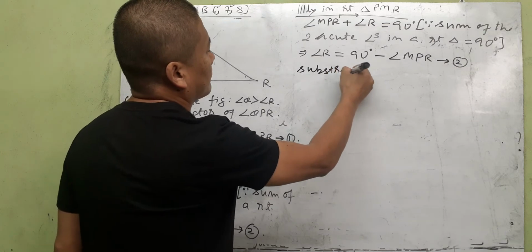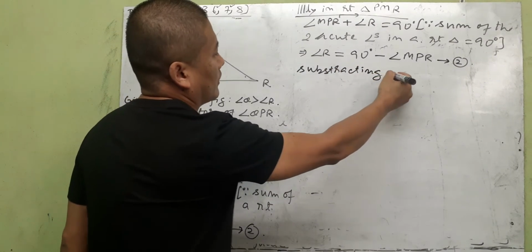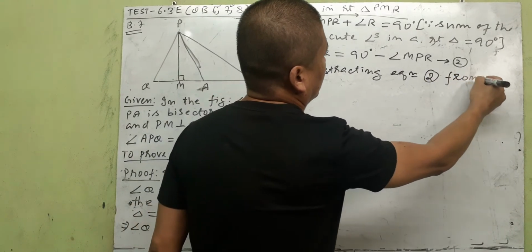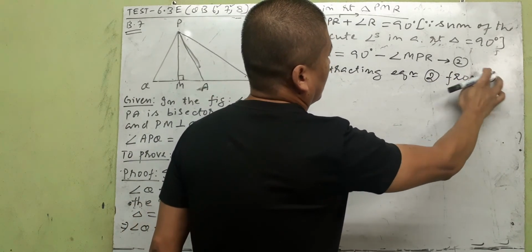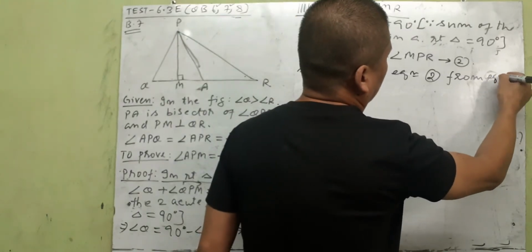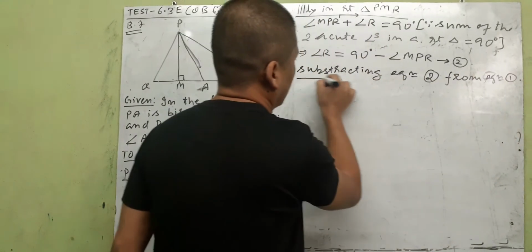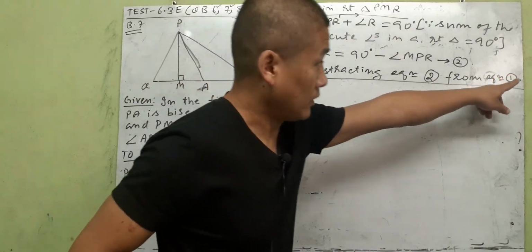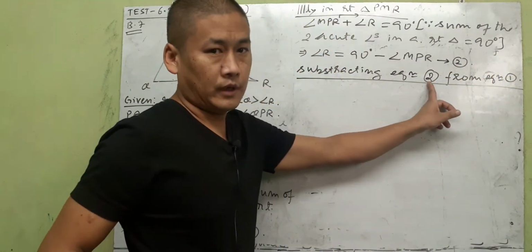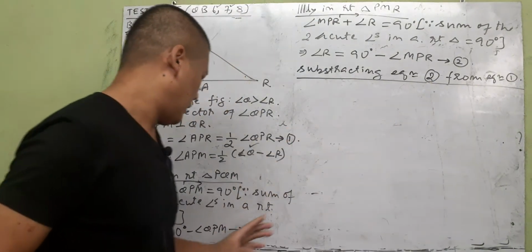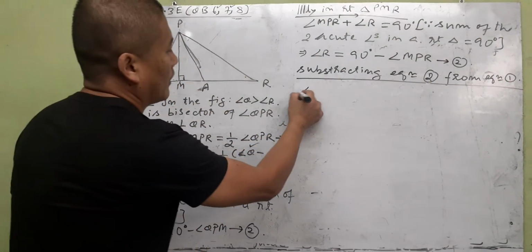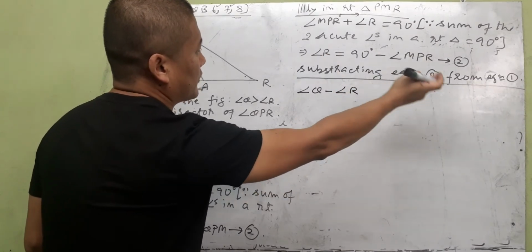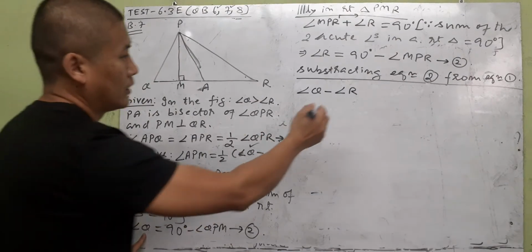subtracting equation 2 from equation 1. Now subtracting 2 from 1 does not mean 2 minus 1, it is equation 1 value minus 2. Okay, it's 1 minus 2. So 1 is here, angle Q. Left side minus left side, that is called subtracting 2 from 1, which means 1 minus 2, Q minus R, equal